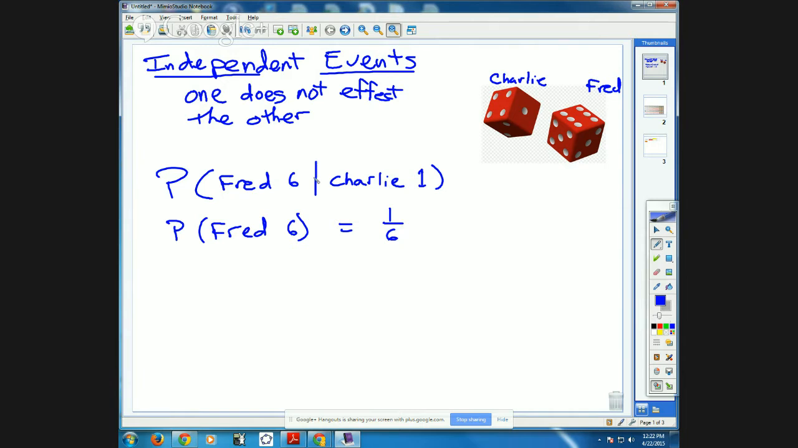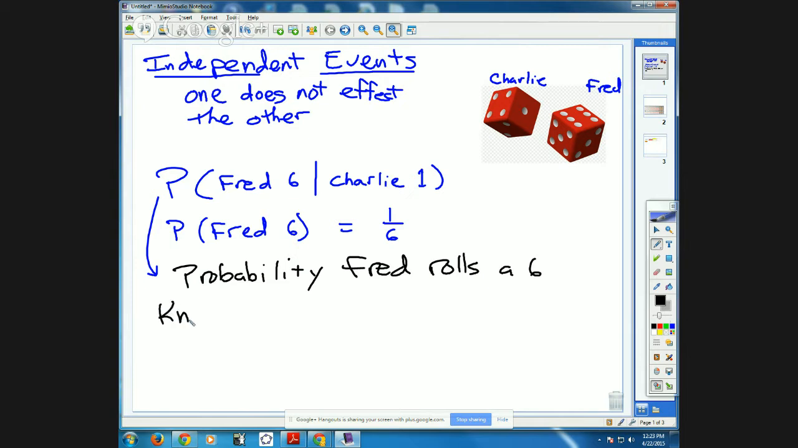We use this, the vertical bar, to mean that we know something. So in English, for my mother, I would say this is the probability Fred rolls a 6, knowing that Charlie rolled a 1. That knowledge does not change a thing, okay? And that's independence. And independence comes up a lot with